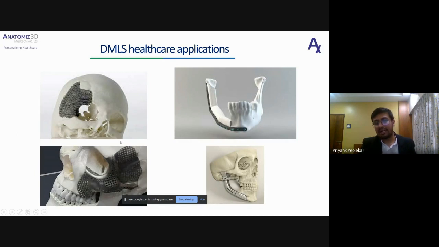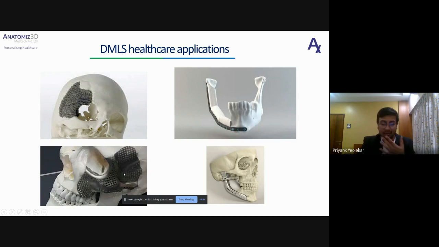There will be a titanium powder which will be sintered, and you can make different kinds of implants. The main advantage of this is you can fabricate your implant in such a way that it will exactly match the patient's anatomy. As you can see here, the traditional implant will not give you that flexibility, but here you have that flexibility.